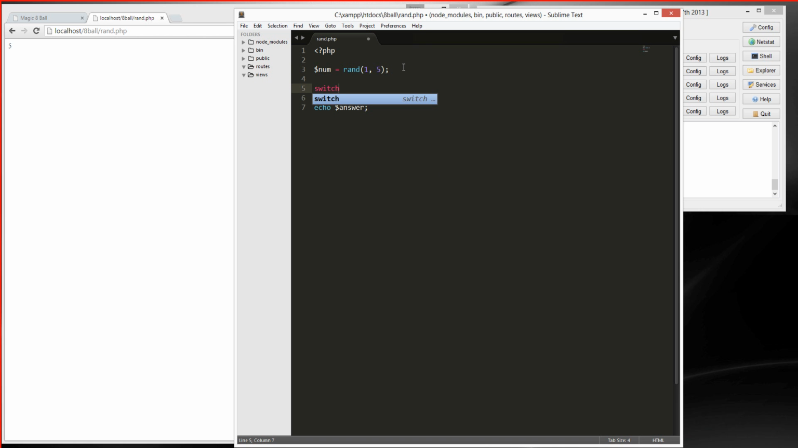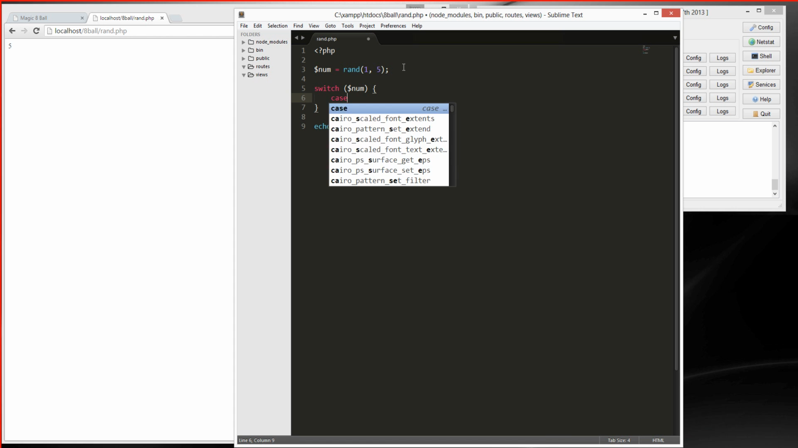I'm gonna create a switch statement, and we're gonna have num. The thing about switch statements is they only work with numbers. So you can't have an if with something equal to a string. Switch statements are only numbers. So you can create a random number generator to answer questions. So case 1,